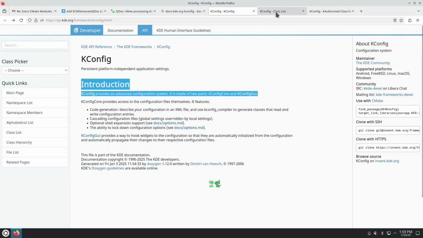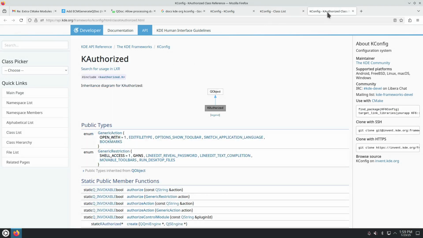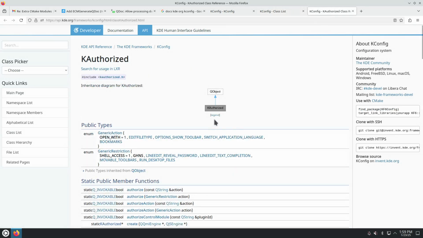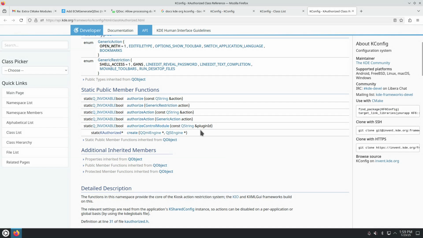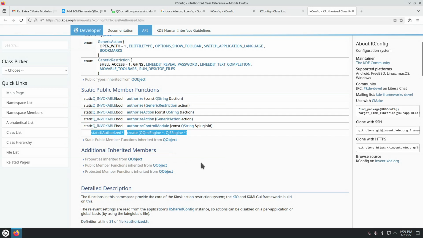This is the start page. This is how the list of exported classes from the libraries looks like. This is how the documentation for an object, a class, this one, kauthorized, looks like. There's an inheritance tree. Kauthorized inherits from QObject. The type contains two enums. There are static methods, a creator method,